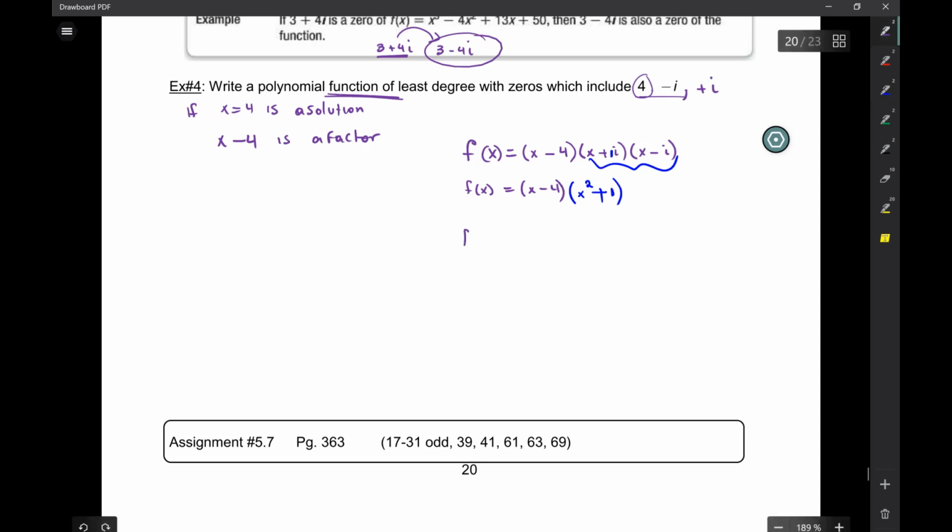Now, multiply this out. It's going to be x cubed plus x. So you square the first term. And then plus x minus 4x squared minus 4. So f of x, we always like to put it in standard form, is x cubed minus 4x squared plus x minus 4. Yay! And with that, you can now do all the